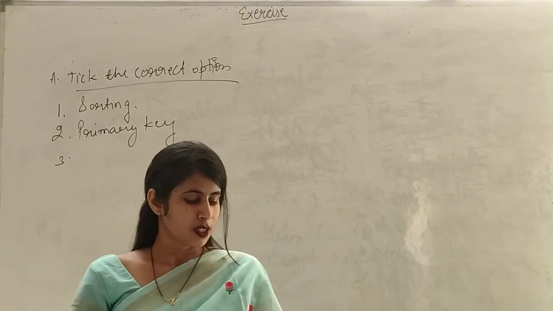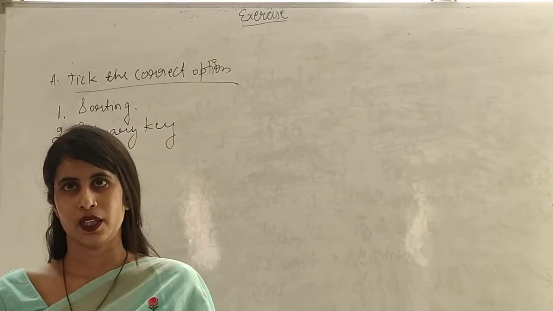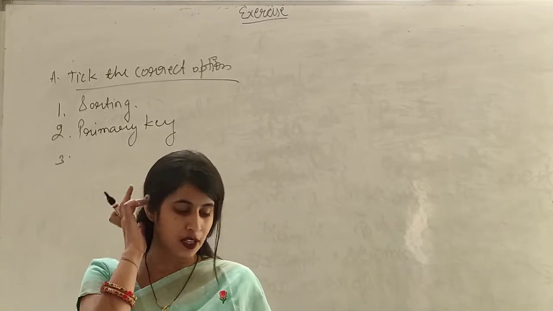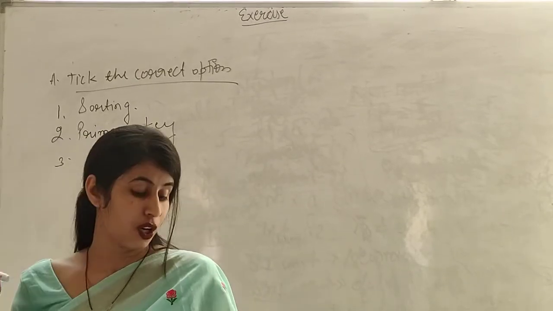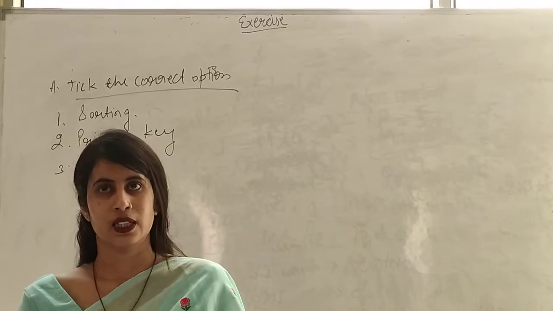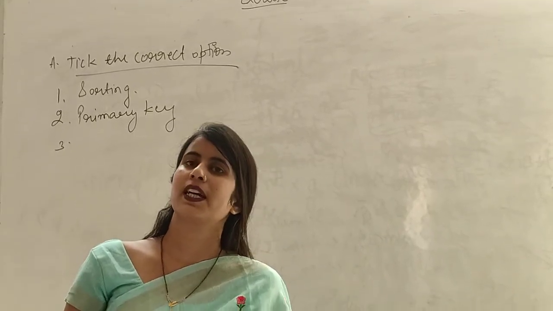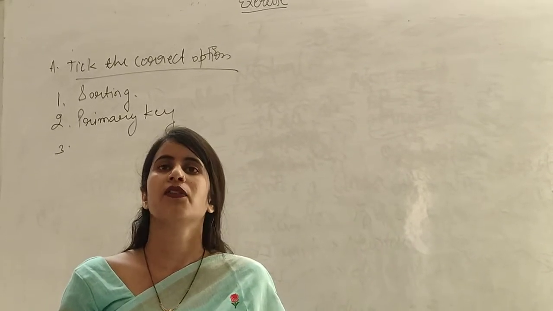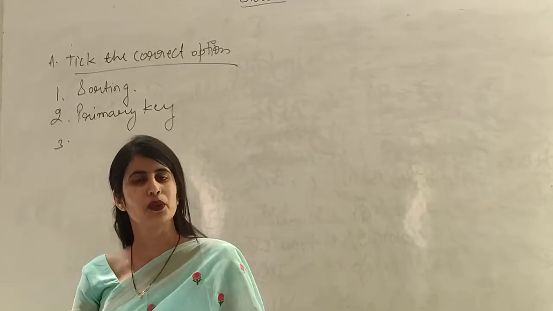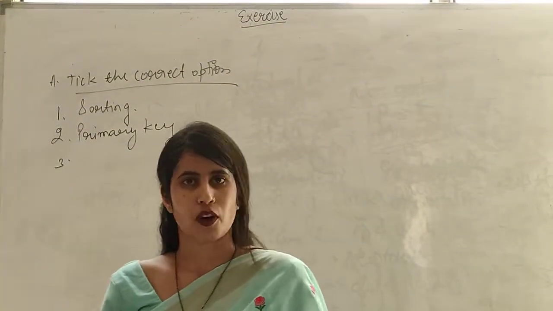Third question is the process of displaying the information from the table is called. It means when we are displaying the records from the table, then what is it called? Options are query, report, form, wizard. It is clear that when we display the information from the table, we take the help of the form. Means with the help of the form we are able to display the information of any table. So the answer will be form.